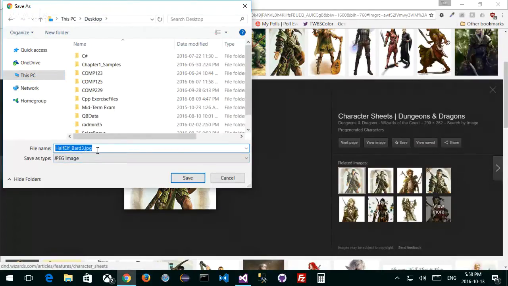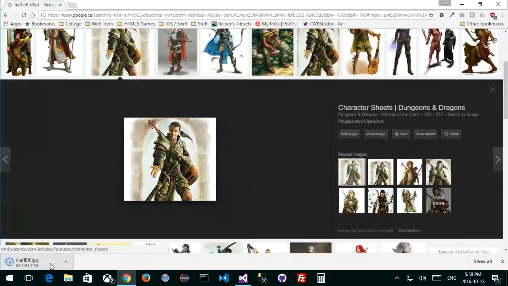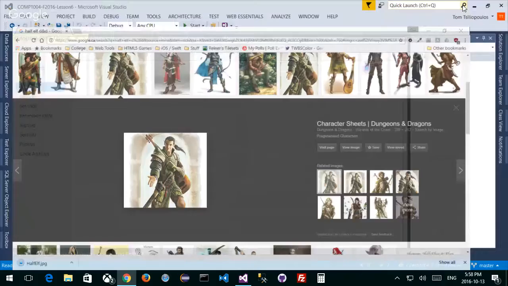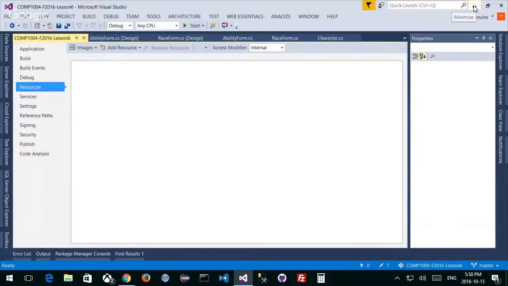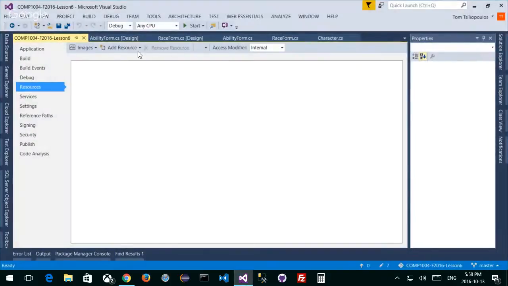Halfelf Bard, sure. We're just going to call it Halfelf, just for our little example here. Halfelf.jpg. There we go. And I want to include this image inside of our form, right? I have to include it in here first. And the way to do that is you can do one of two ways. I can go add resource